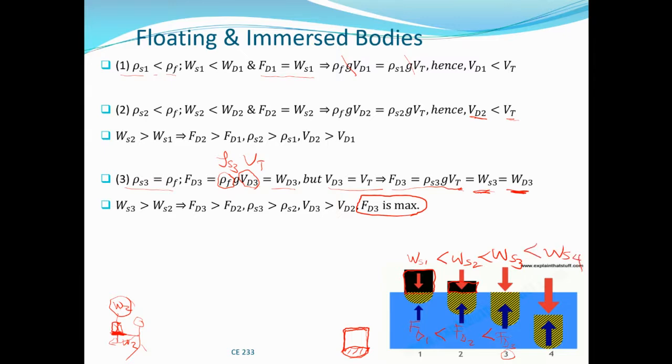The buoyant force at this point has reached the maximum value, so it can no longer support the weight of the ship. So the ship now will overcome the buoyant force and it will go to the bottom of the sea. Here there must be extra force to support it, which is the reaction coming from the bottom of